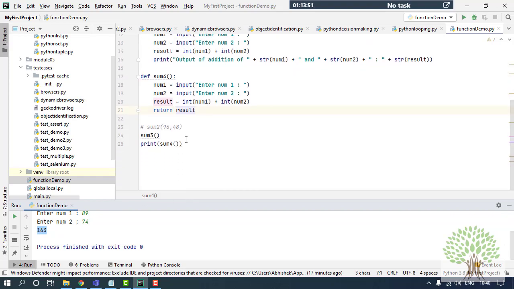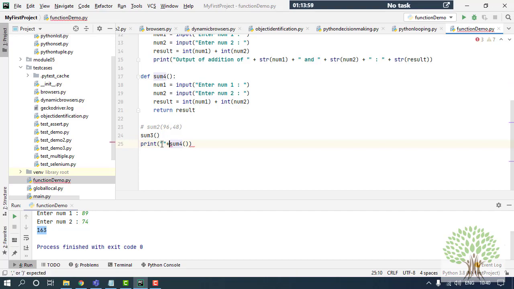Okay. The same way I can call it in another way as well. Like if I have to surround it with some print statement, like I have to say output is this. Since it's returning an integer, I have to convert it into a string, and it's done.